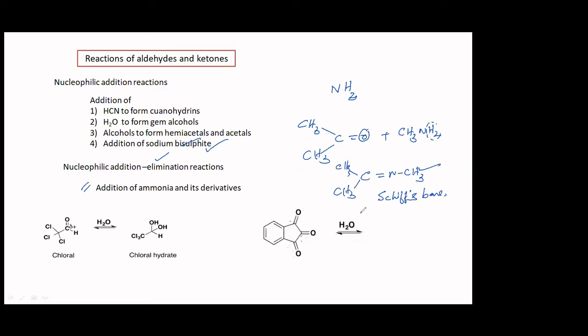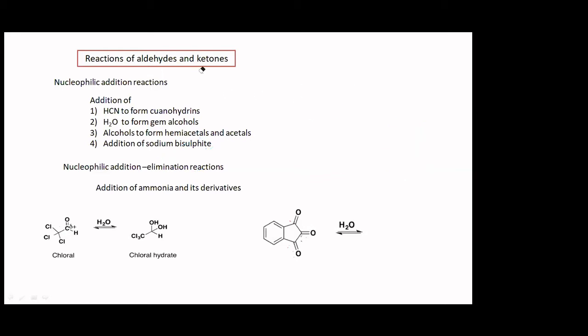Schiff's base. They can ask you this question: which of the following compounds can form Schiff's base? So primary amines, when they react with carbonyl compounds, you are going to get a substituted imine, which is nothing but your Schiff's base. Okay? So these are all important. So ammonia and ammonia derivatives, most of you are quite familiar with those reactions because you would have studied them for your board exam also, isn't it? But for your reference, just to recall, these are the reactions.